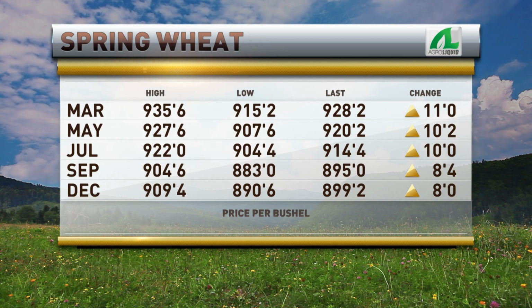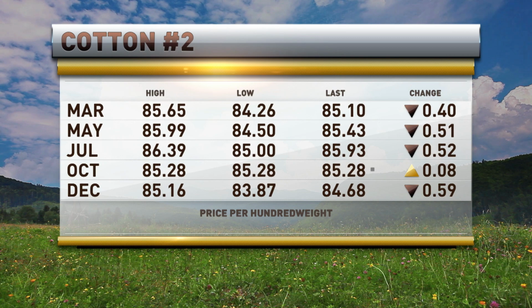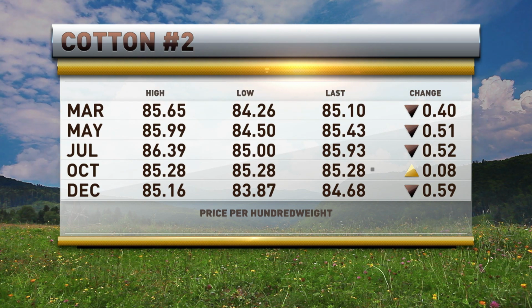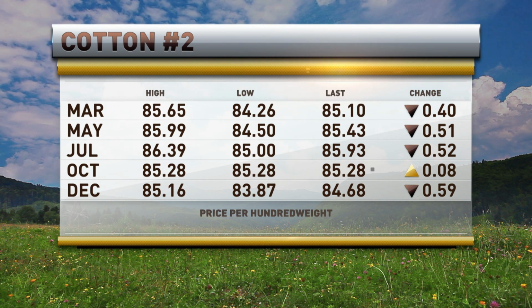Finally, let's take a look at cotton. We've been looking at cotton. It's not doing very much. It's off a little bit here. We're 40 points lower, end of March, 285.10, and that gives me the opportunity to bring on our next guest